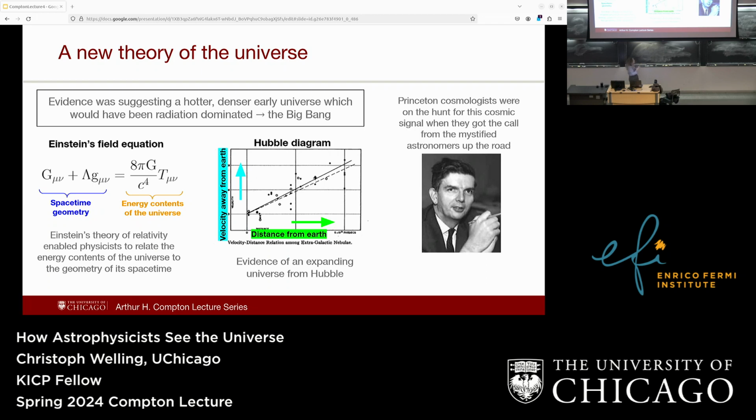And famously, they got a phone call during their group meeting, and they picked it up, and Bob Dicke said, "Boys, we've been scooped." Because the Nobel Prize went to the other guys. They had predicted the signal, they knew why it would be there, but the radio astronomers had measured it, and they were the first to find it, I should say, to open up the next phase of cosmological study.